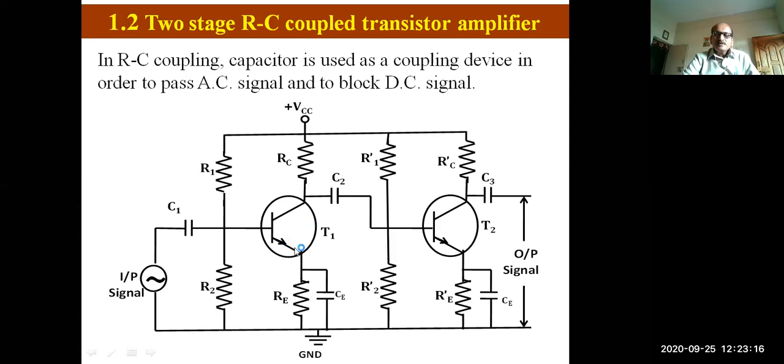The arrow on the emitter indicates the direction of a conventional current, and indicates the type of a transistor. In case of an NPN transistor, the arrowhead is in which direction, outward direction or inward direction? Arrowhead on emitter, if it is in outward direction, then the transistor is an